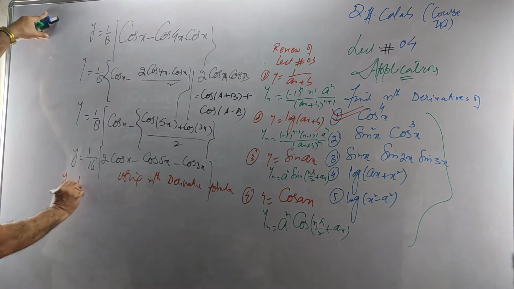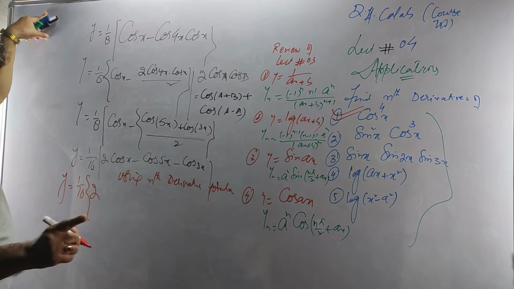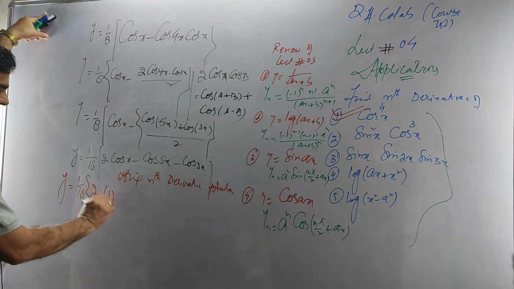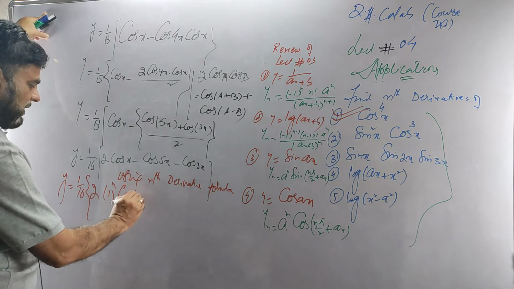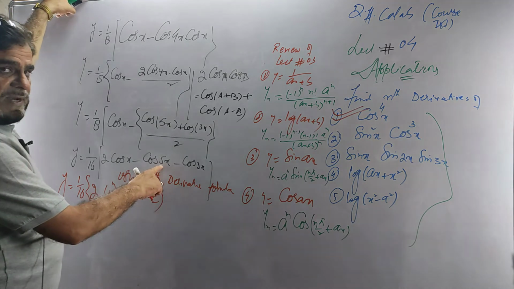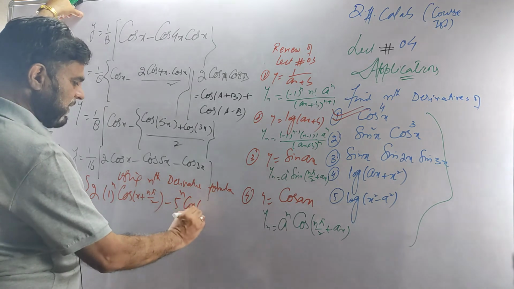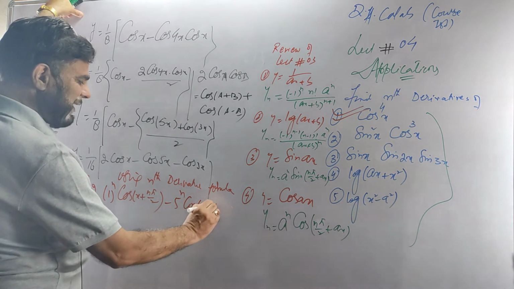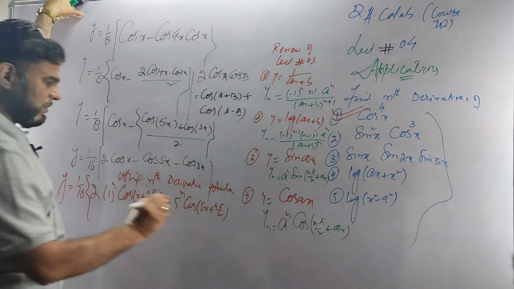It is y is equal to 1 by 16. This is 2 here. Coefficient of x is 1. Outside it will be 1 raised to power n. I will write it for your simplification. 1 raised to power n. You will understand it. It is cos of x plus n pi by 2. Then here you have 5, the coefficient of x. It is minus 5 raised to power n, cos of 5x plus n pi by 2. Or you can write first n pi by 2, then plus 5x, no problem.